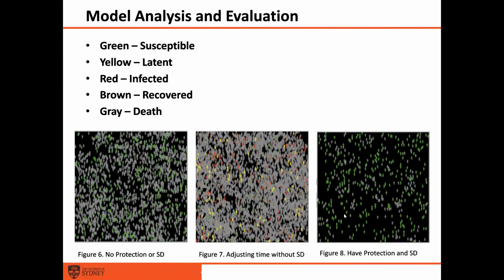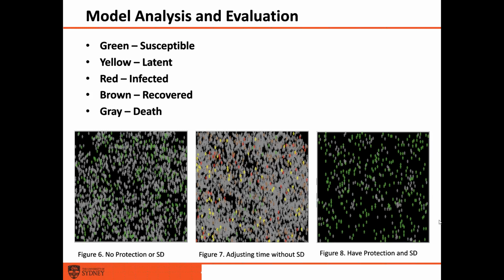In the analysis and evaluation section, when the population is set up and the go button is pressed, the people's status in the middle is different from the status of the graph on the right when the simulation ends. In the model, gray is dead state, yellow is latent state, red is infected state, and green is susceptible state, with recovered in bronze color. It will take a while for the infected state to return to the latent state, which is set by our latent time and recovery time.